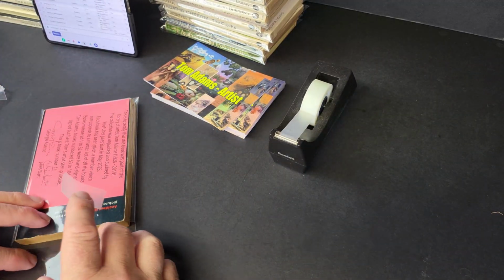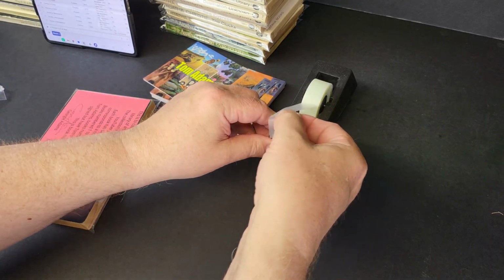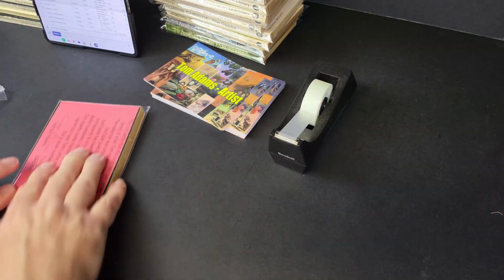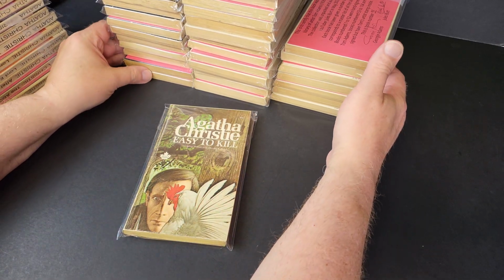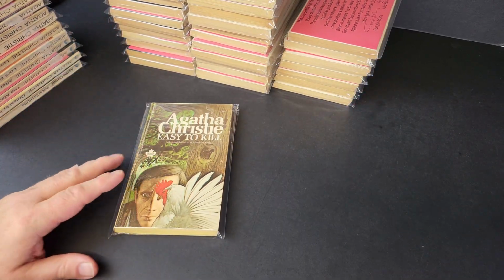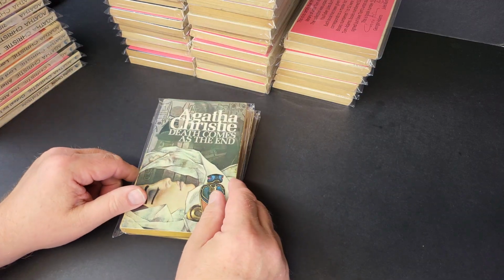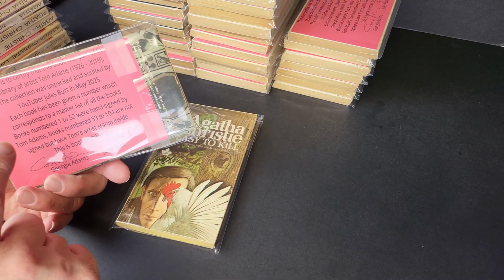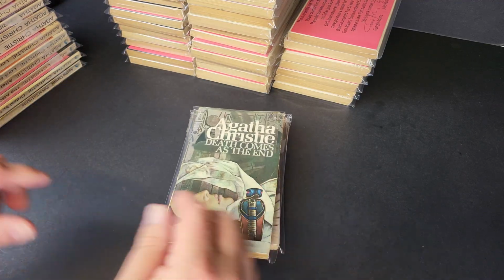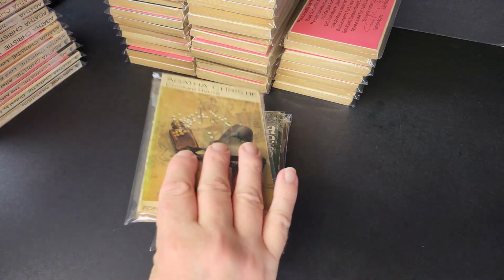And we'll have a look through all the unsigned ones as well, so you've got an idea when you're looking through the list of the books that you potentially might want to purchase. All right, okay, so we'll have a little look through all the books that weren't signed personally by Tom, but were from his collection. These have now all got Tom's stamp inside, and they all come with the numbered certificates signed by Tom's wife and myself, and you'll also get the Agatha Christie card with these as well. So going through this, 56,